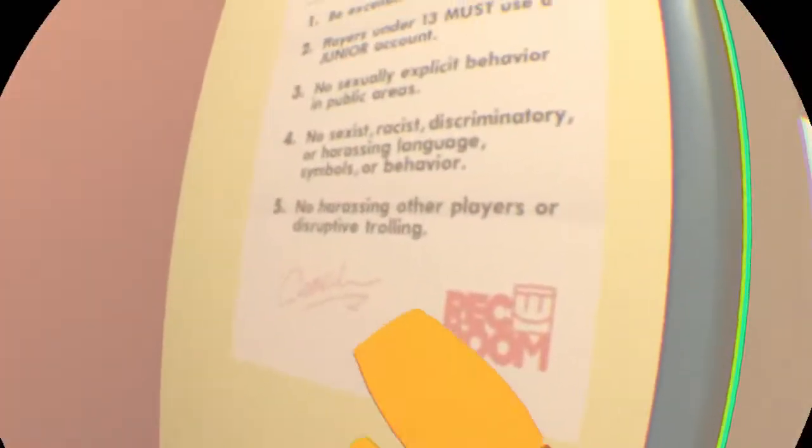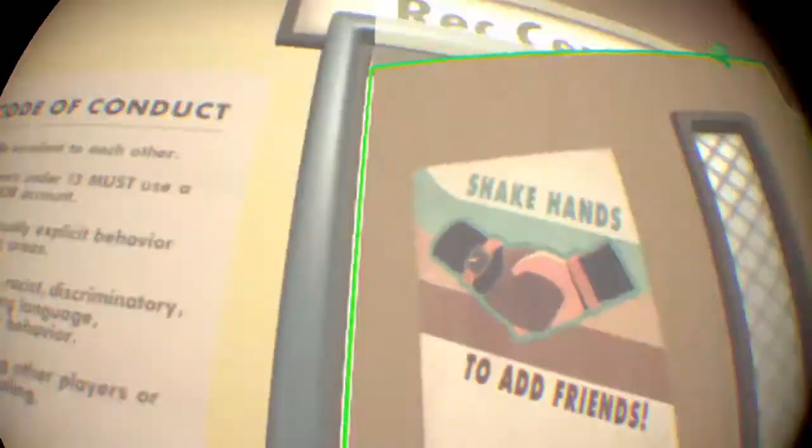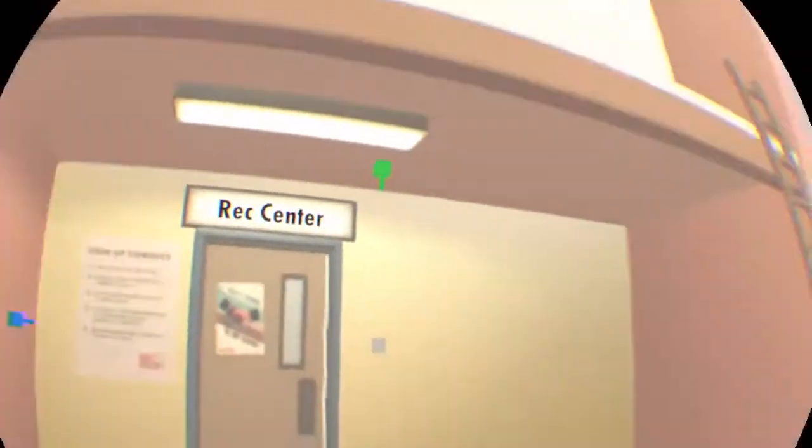I mean, of course, you can make it so the wall goes out more and it will cover the rec center and the code of conduct. I'm not going to be doing that though. So then,